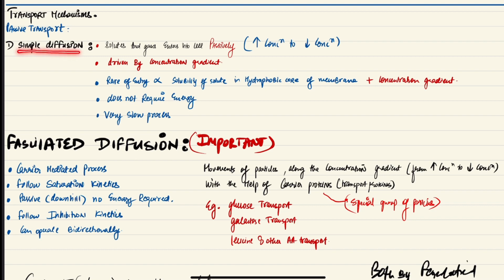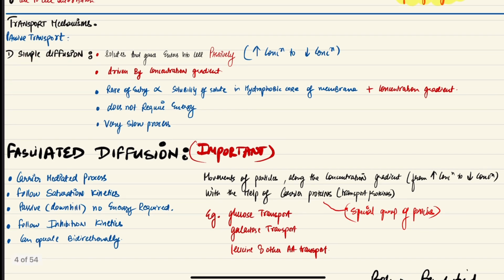and the first one is simple diffusion. In simple diffusion, solute in gases enters into the cell passively. What is passively? Passively means it travels from high concentration to low concentration. It can also be called along the concentration gradient. It is driven by the concentration gradient or the pressure gradient,